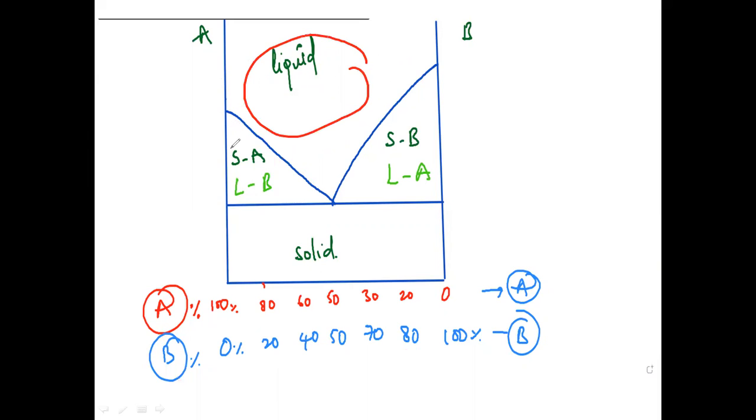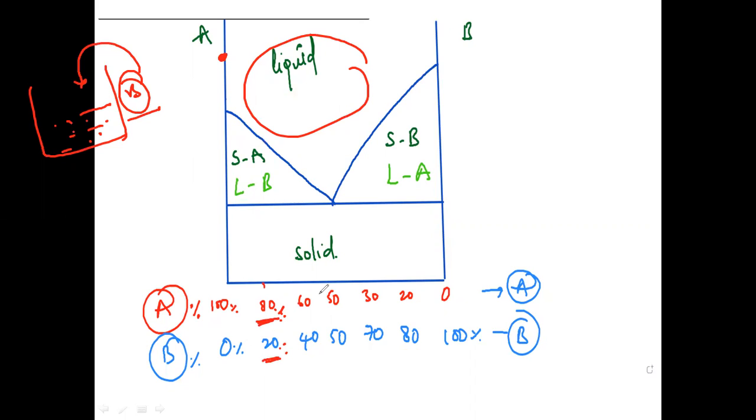So let us take only A. Let us take a point here. That means we are taking A, which is in a liquid form. Now after some time we are adding B again here. After some time, you will get the percentage of A as 80% and B as 20%. That means as you add B, the percentage of A becomes 80% and the percentage of B